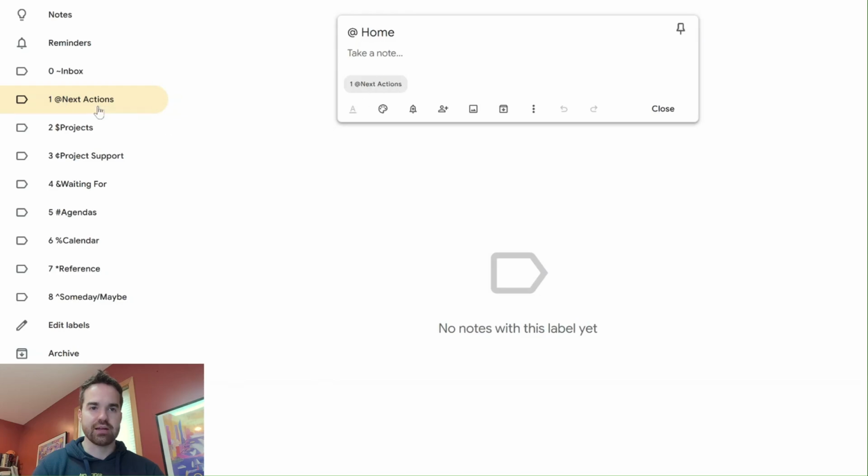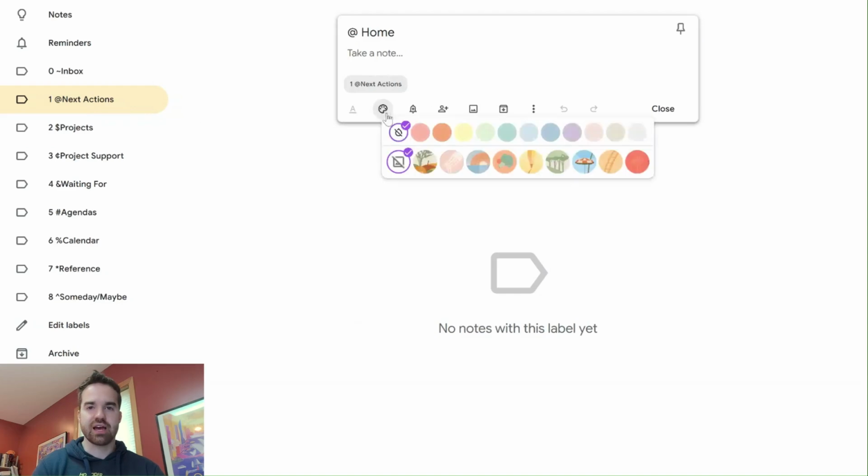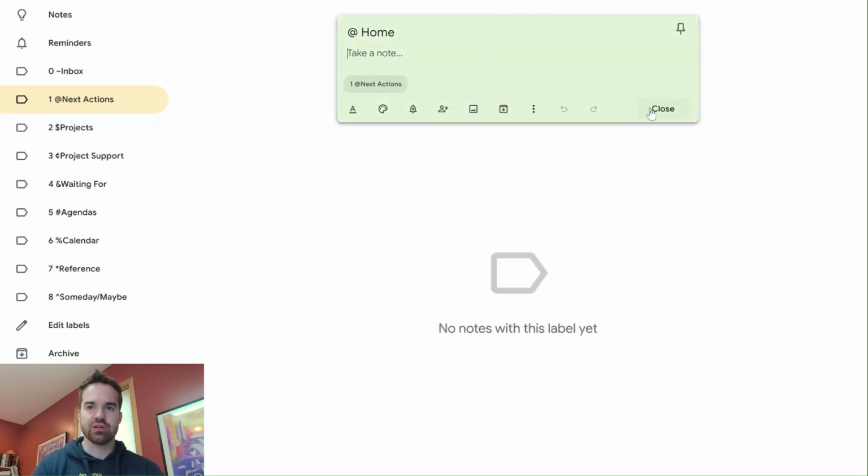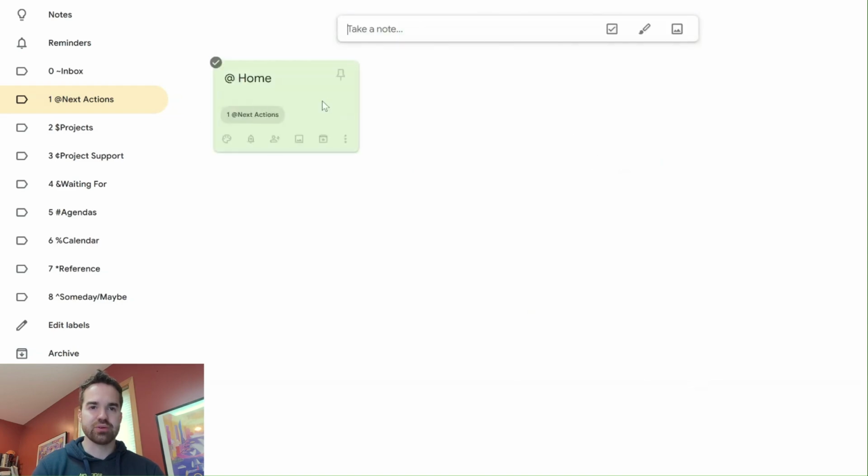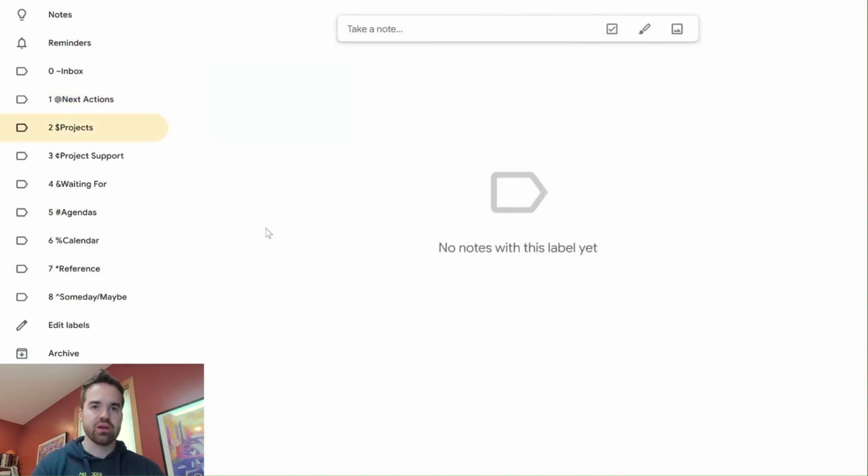So I don't need to add it manually. That's good. And in this case, I also like to pick a color for everything. And for next actions, we'll do mint. Like a nice green. Green means go. Mint is a nice comfortable green. Great. Projects. Now, you might be thinking for every project we need a note, but that's not how